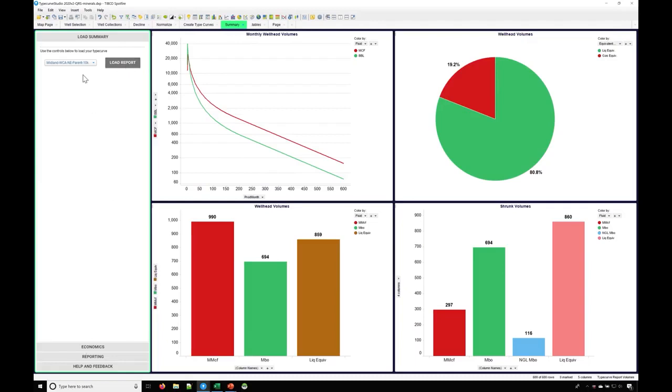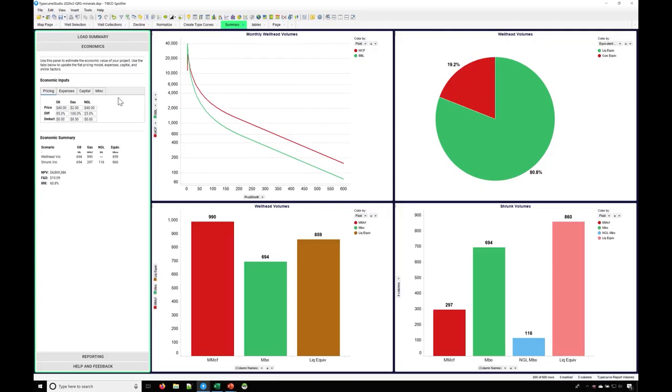I can evaluate this parent type curve, look at the economics, and plug in different oil prices, different expenses, different capital assumptions, different shrinks, BTUs, and NGL assumptions. After tuning this model a bit, I still have a little more tuning to go. At $40 per barrel, this parent well is still looking economic. I want to compare it to the assumptions that we were looking at, $50 a barrel,